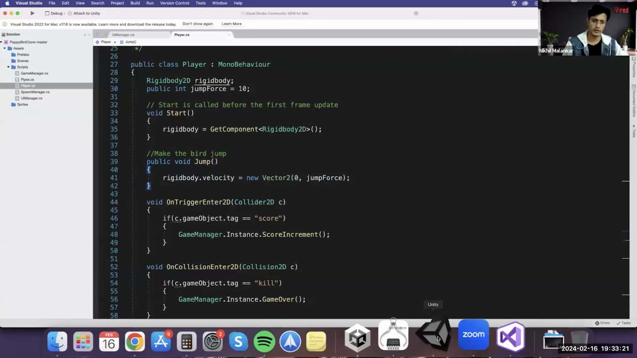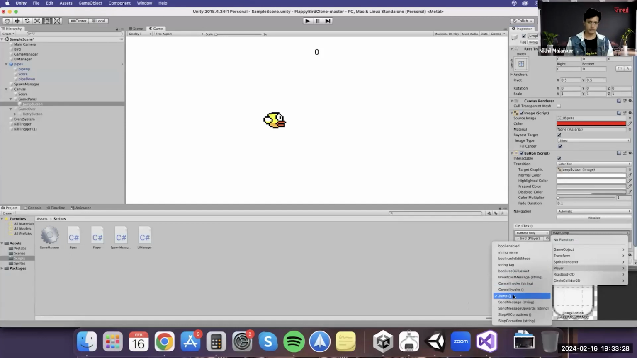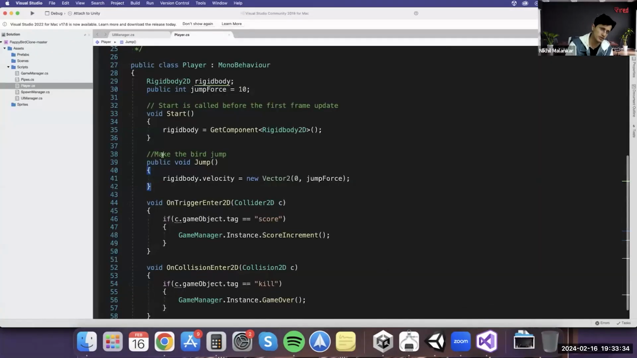So I go back to my Unity. I select, go to player, and we already have the option of jump ready in place, right? Now, this has happened because this is a public function, which basically means that my function is accessible from anywhere. If this was a private function, something like